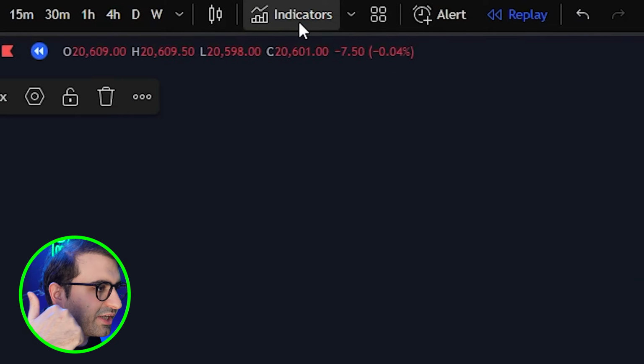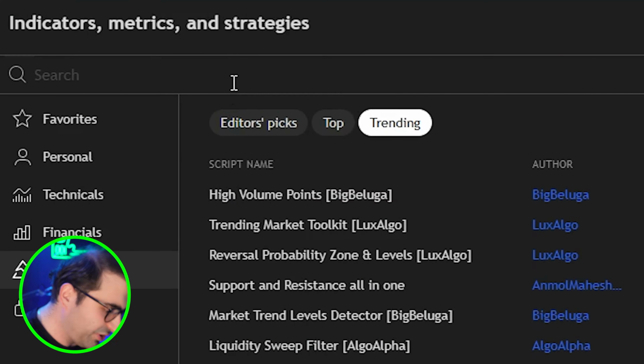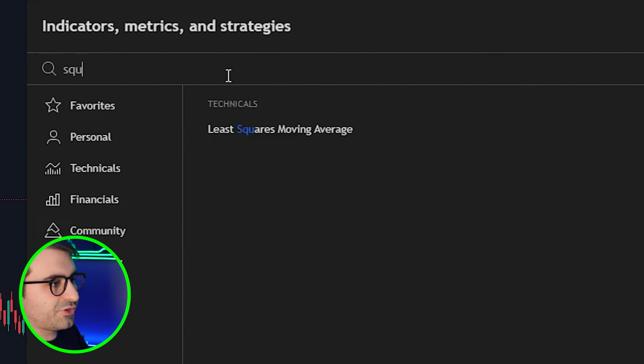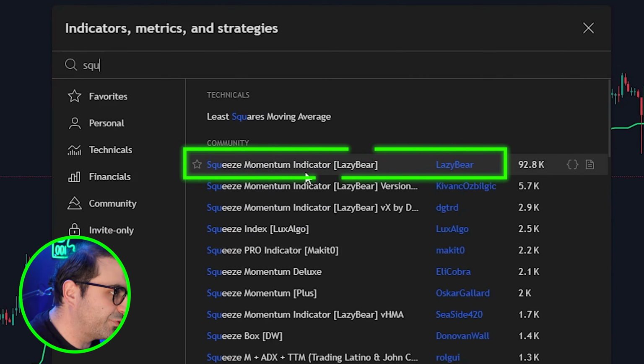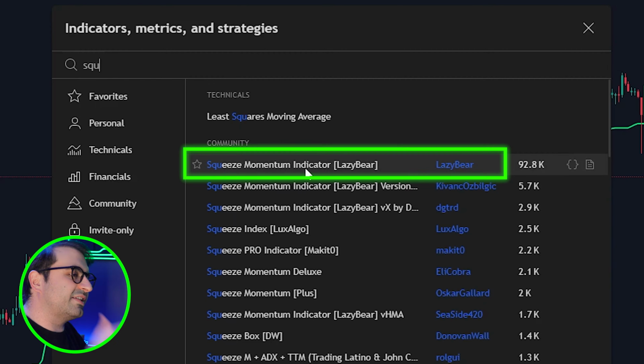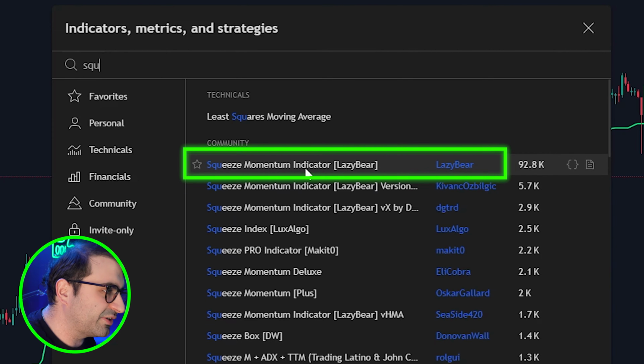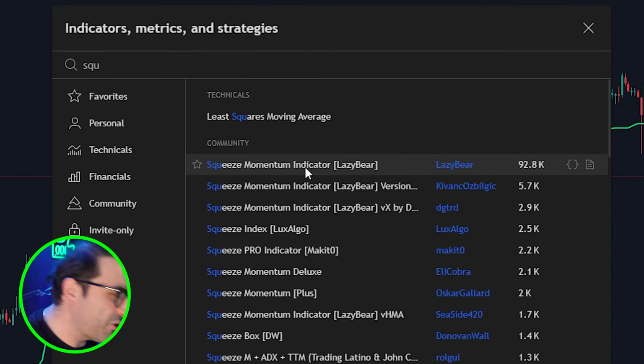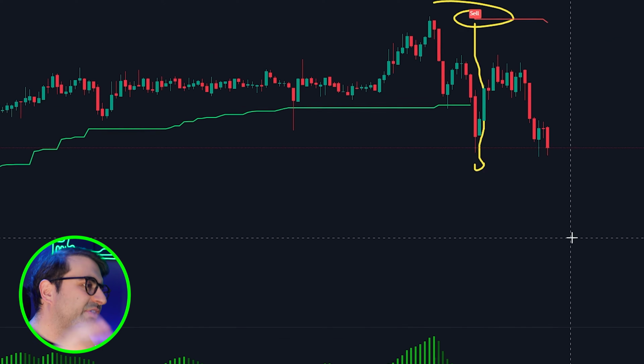Now let's go to the indicators tab to add our second indicator, which is called the squeeze momentum indicator from LazyBear. This is the most famous indicator on TradingView. Click that on your chart. The setup is ready, rules are simple. Let's continue with the third step,